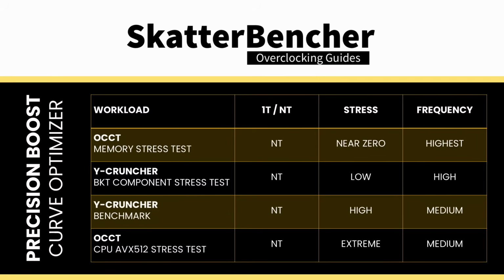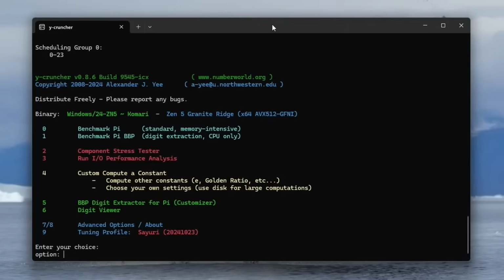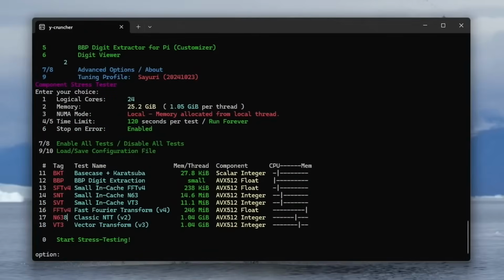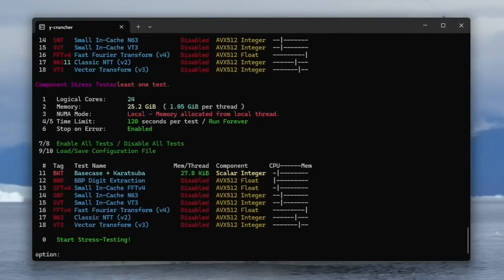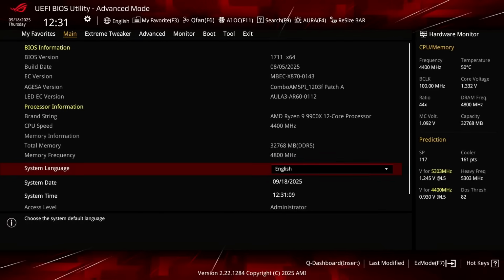I identified 4 typical workloads that tend to show early signs of instability. In this particular case, I found that Y-Cruncher BKT was the earliest indicator of instability. When testing, I increased the negative curve optimizer setting in steps of 5 points, then checked stability with each of these applications. Once I find an instability, I back off on the curve optimizer and check stability across the benchmark suite. Upon entering the BIOS,